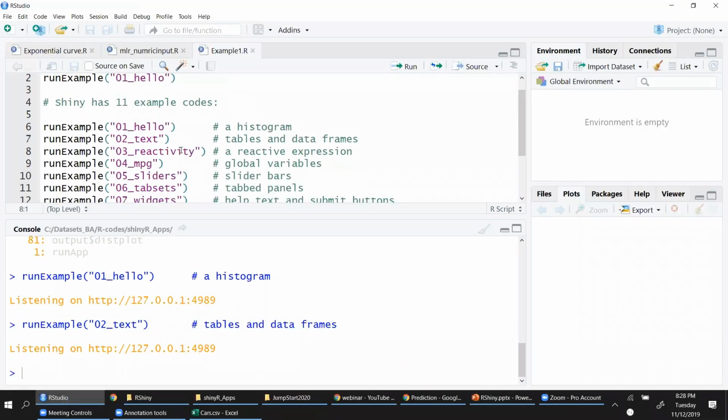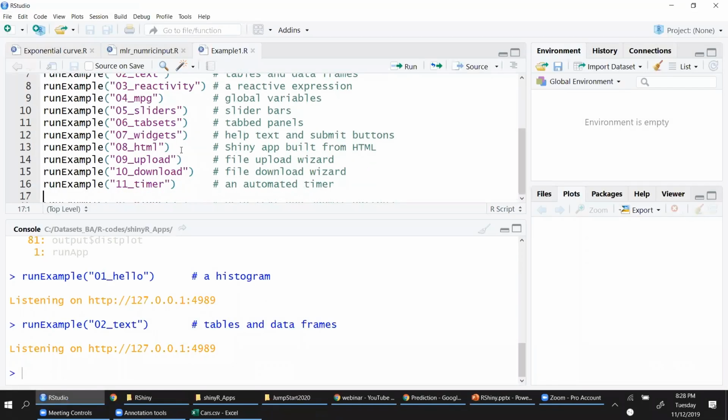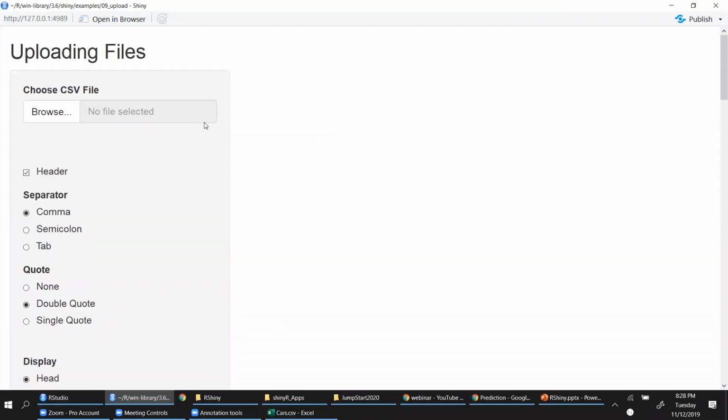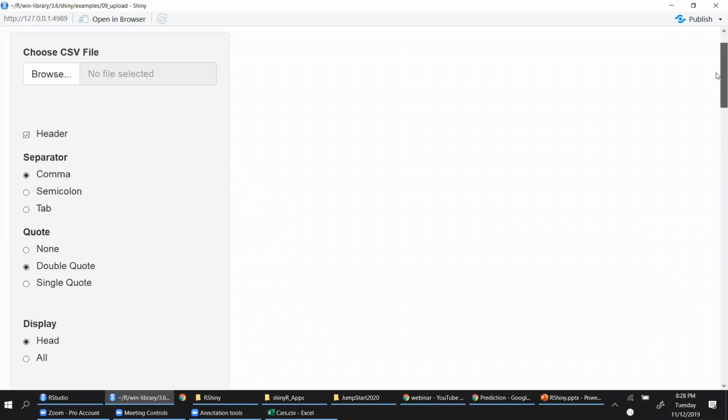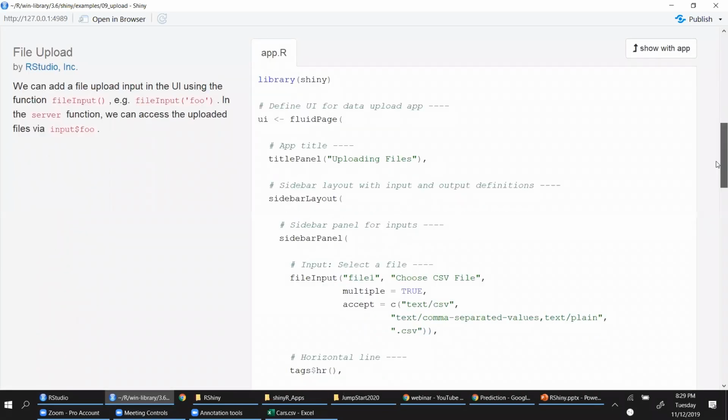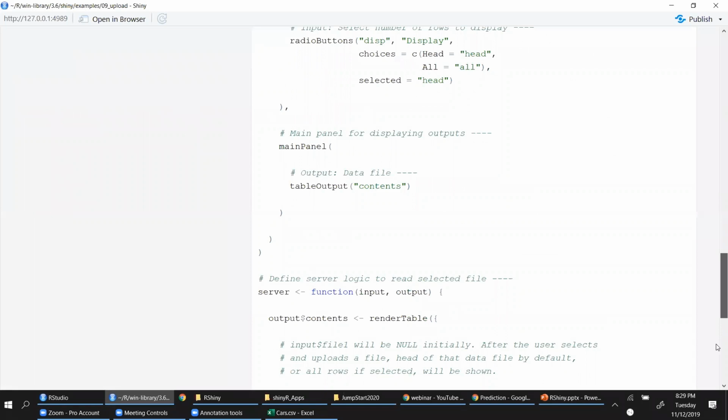You have a lot of such examples here, right? For example, you want to upload your data, some data, a CSV file. This is something which is there in your RStudio GUI interface, right? Now I can also execute the similar kind of look and feel using Shiny. And these are multiple options that I am giving to that code. So you can see these are defined here.